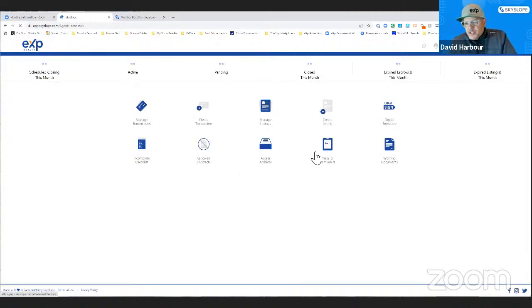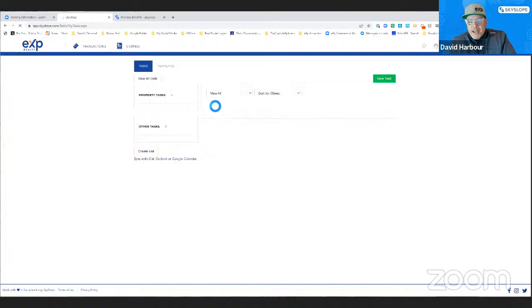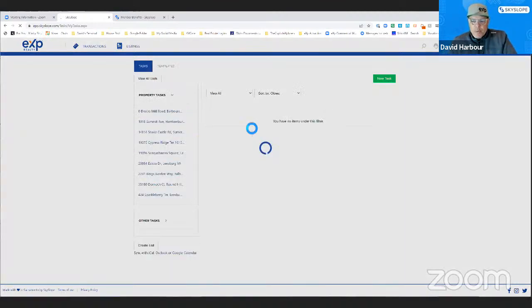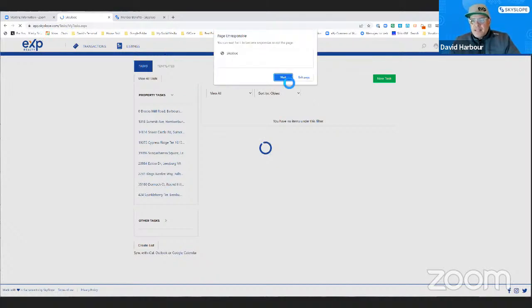Some of the other features are tasks and reminders. So when you're doing a lot of transactions and deals, you might have particular tasks or reminders that you or your transaction coordinator or somebody on your team needs to carry out for the day. You'll be able to do that by looking at property tasks on Skyslope. And then the last thing is,